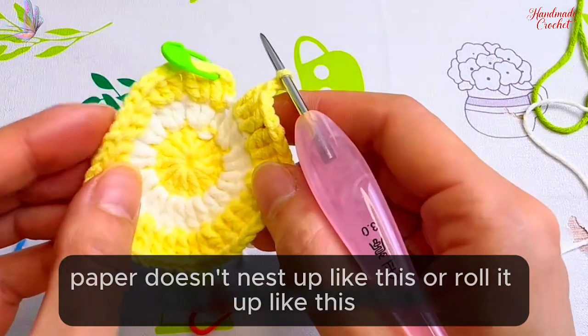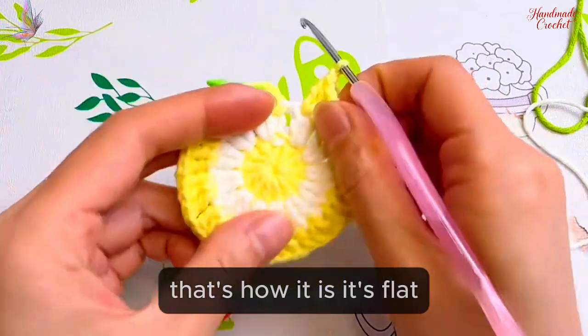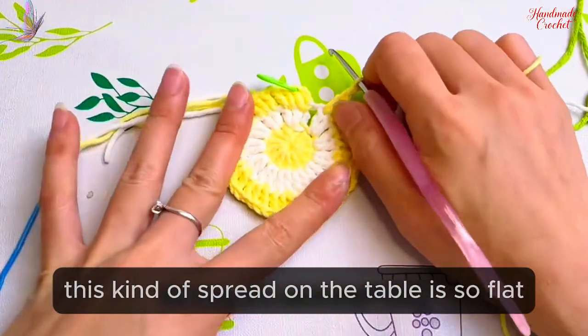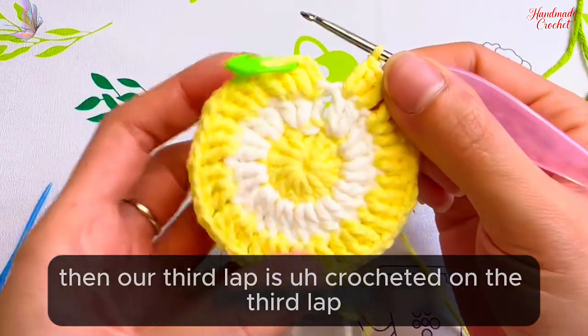The piece doesn't nest up like this, or roll up like this. That's how it is. It's flat. Spread on the table, it's so flat. Good, lock a stitch after crocheting. Then our third round is